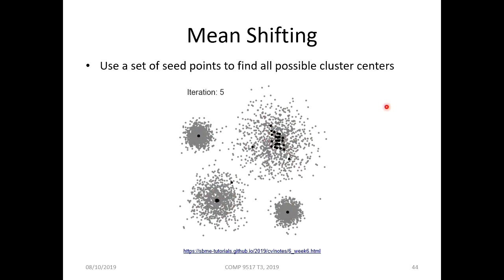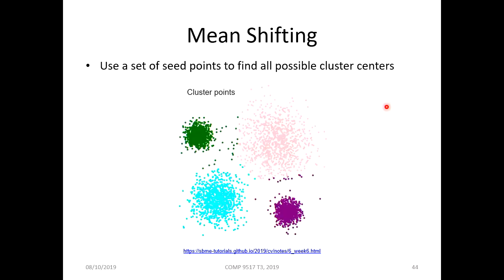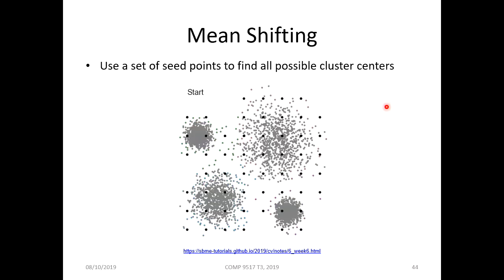So when you've converged, you have many original seed points or windows ending up in the same space. If they're very close together, you say, okay, all of them actually belong to the same object. So you see that there's overlap. You remove the overlaps. And then the final clustering is done based on